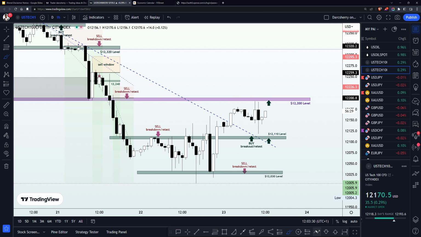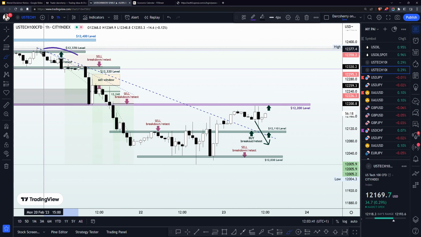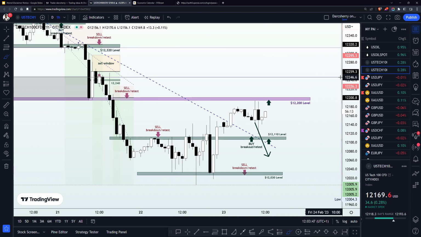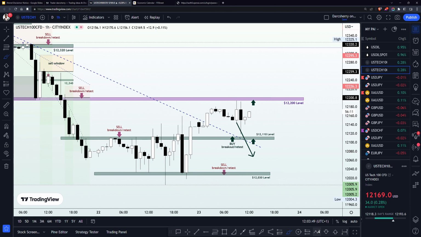However, if price action breaks down the 12,110 level, dropping below the bearish trend line that has been guiding bearish momentum since the beginning of the week, then definitely we want to be getting ready for a decline. But we are not jumping in right away, as we want to wait for a confirmation, which will come in the form of a retest of structure right below that level, or you scale down to your lower time frame, like your 15 minutes, 10 minutes, or 5 minutes time frame. Look out for selling pressure below that level, then you could join a decline to the downside.